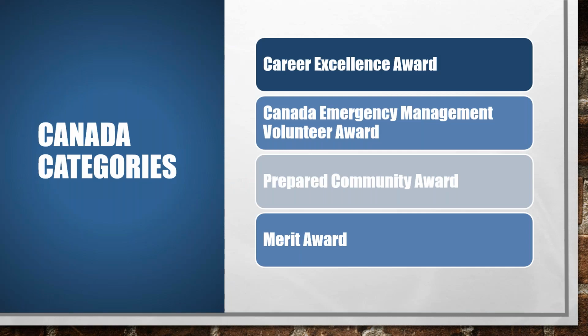We're also really pleased because the IAEM Awards and Recognition Committee on the global level also is inclusive of our Canada Council. Our Canada Council has 4 awards specific to members of IAEM Canada. The first one is the Career Excellence Award, and this is similar to the Career Excellence Award that I described a little while ago for the USA. It recognizes a national leader in Canada who's made significant contributions through their career to promote and improve emergency management